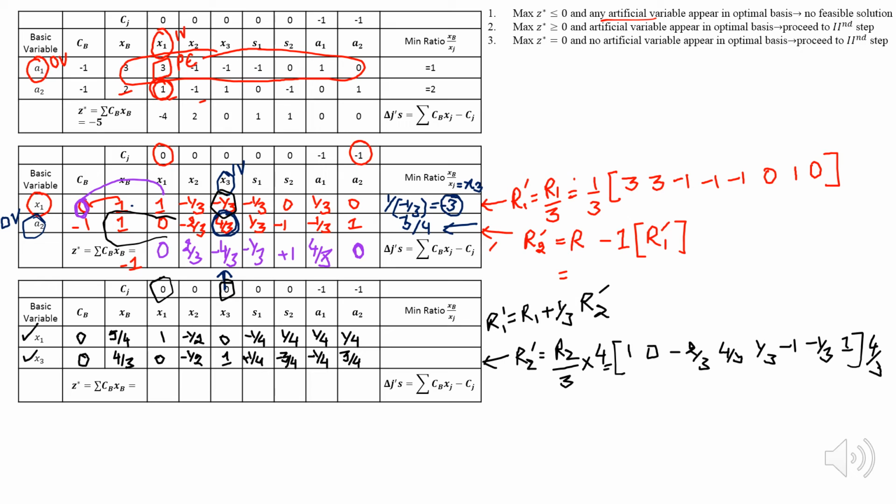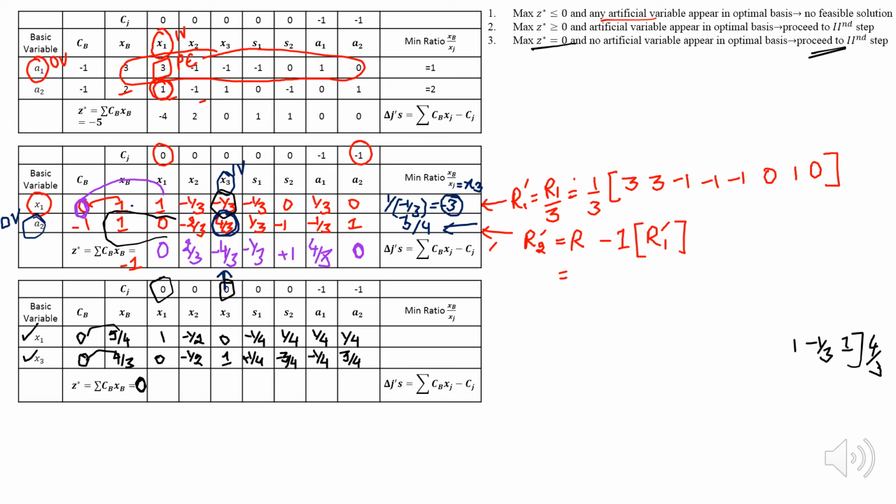Now calculate the z value. Z value is 0. Multiply with any value, you will get the sum as 0 over here. So now my delta star z is equal to 0, and that means I have to now proceed to step 2, which is phase 2. Okay, so we will make our new simplex table in phase 2. As we have seen, we have now eliminated our artificial variables as basic variables.